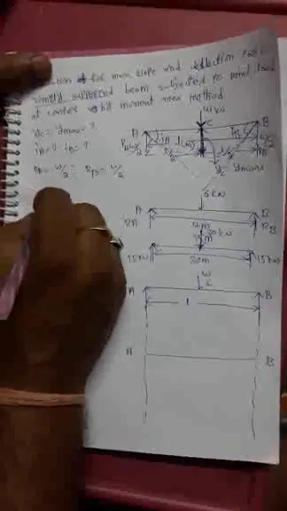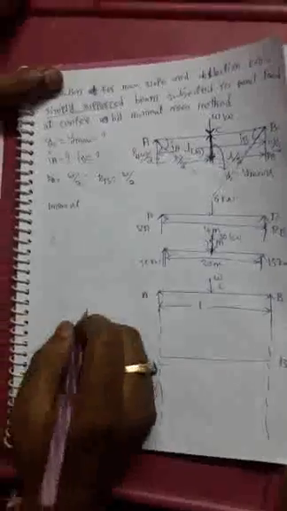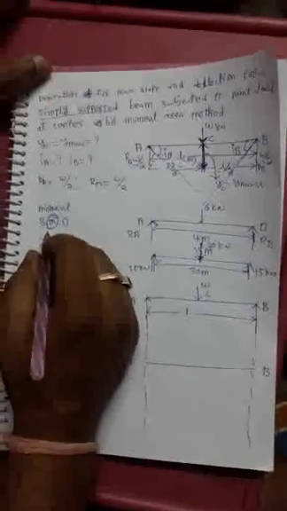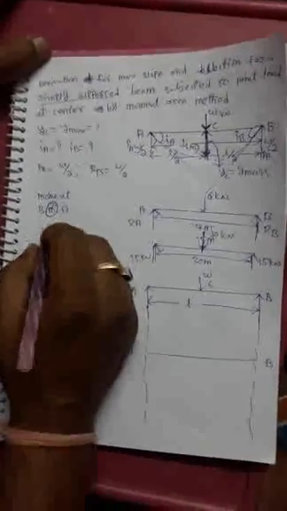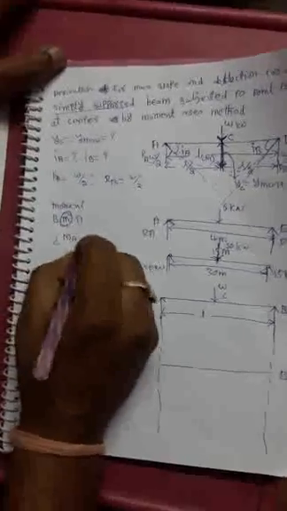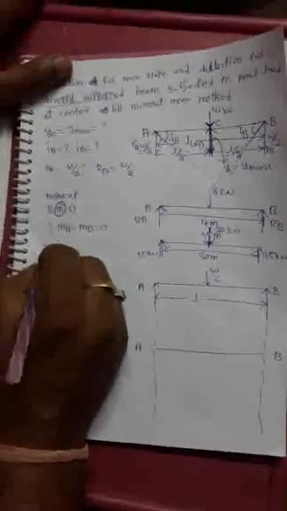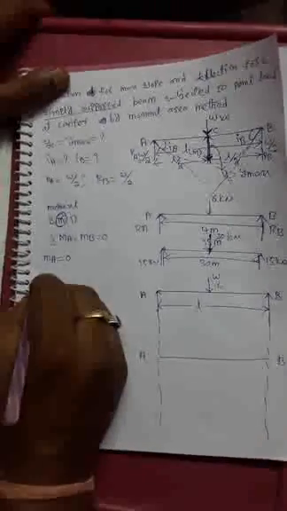For the bending moment diagram, BMD, the center point is the moment. M is denoted for moment. So MA equal to 0 and MB equal to 0. Why? Because at A there is a reaction only, and at B there is a reaction only. For example, let me find separately: at MA equal to 0, the first point is 0 for the BMD diagram, and the next point is MC.